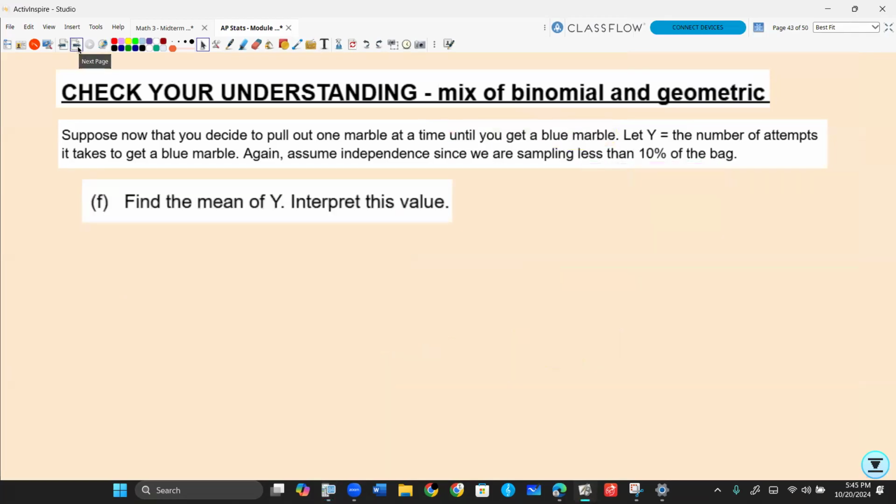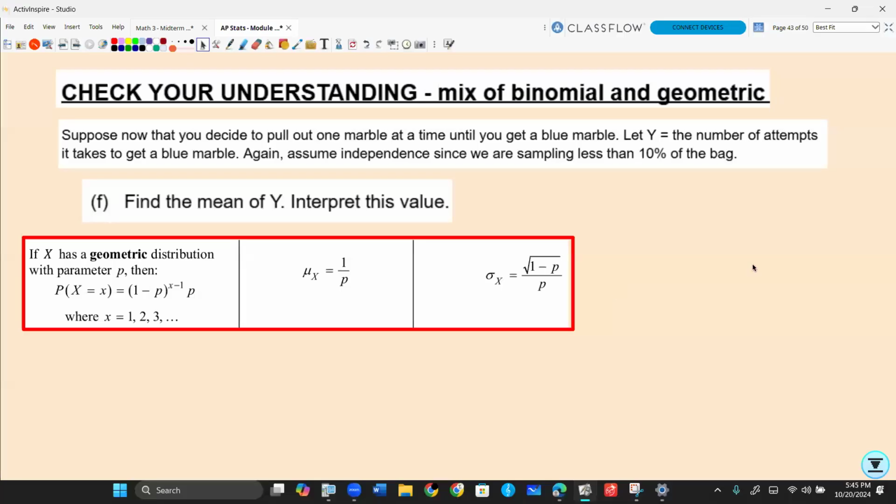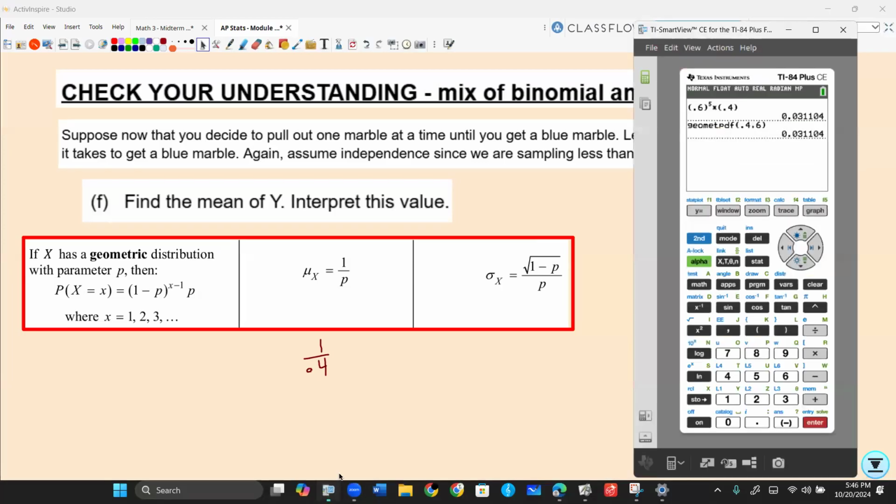Find the mean, interpret this value. We'll use our formula. So the mean for geometric probability is 1 divided by the probability. So 1 divided by 0.4, that's going to be, let's see, 4 out of 10 is 2/5. 5 divided by 2, it should be 2.5. We'll double check that. So 1 divided by 0.4,